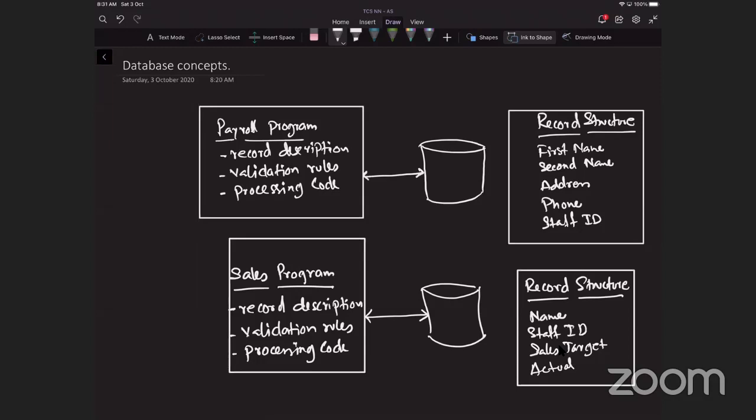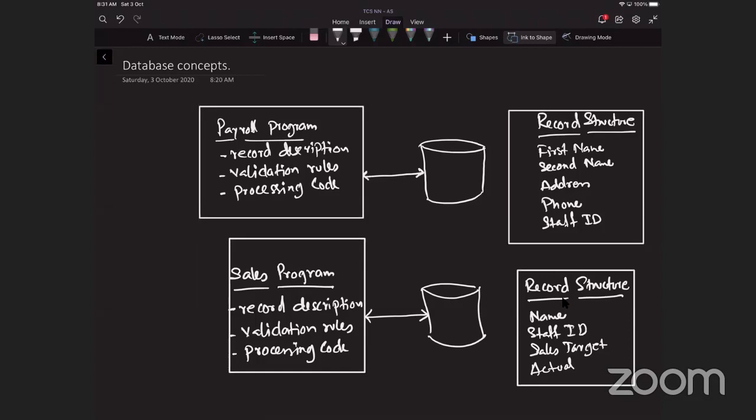The fields in the two files are also in different order. Here we have got name, address, phone, and then staff ID at the end. Over here, staff ID is at the second position. The staff ID is at the fifth in the payroll and the second in the sales.